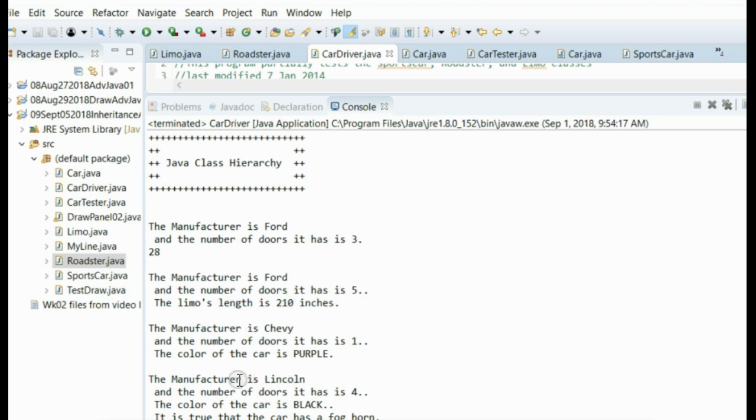Okay, so this is our last invocation. The manufacturer is Lincoln, and the number of doors it has is 4. The color of the car is black. Notice my two periods there again. And it is true that the car has a foghorn. This one has a foghorn because we can see when we created this one in our driver,